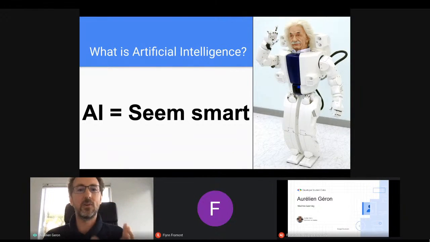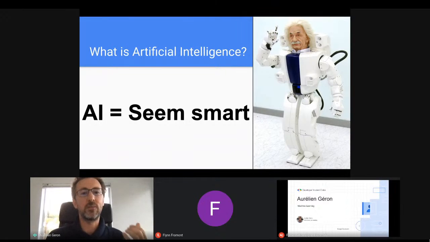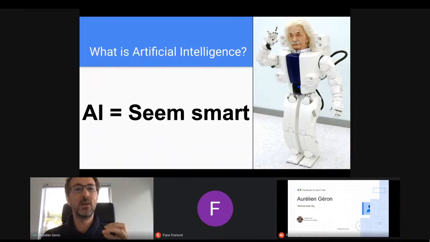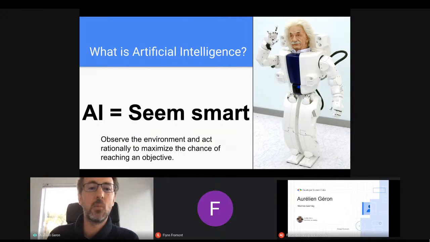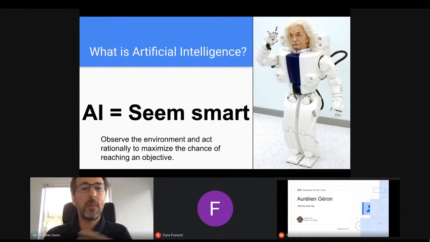So the boundary of AI keeps shifting, and there's less and less AI because more and more things seem natural to us. A more useful definition of AI is some system that observes the environment and then acts in a rational way to maximize the chance of reaching some objective.